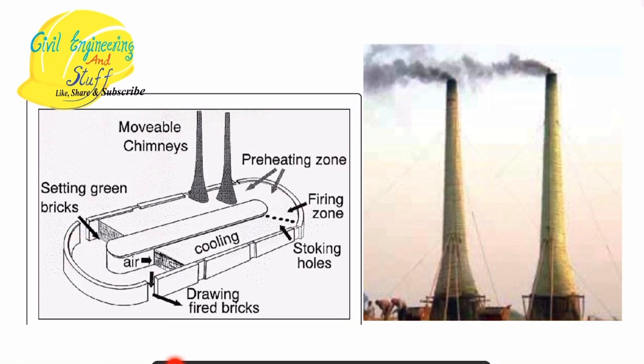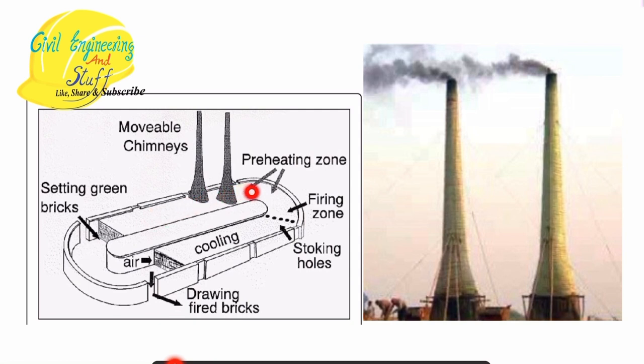So what happens is that it has a number of slits. Each slit has an arrangement for storing the material. So we have the clay bricks, or the green bricks, that need to be introduced to the heating process so that they can achieve the desired strength, right? So these clay bricks are put into the bull trench kiln, right? And then they are kept moving from here, right? So they keep on moving, and they are given some preheating treatment so that the shrinkage can be decreased or controlled as much as possible.